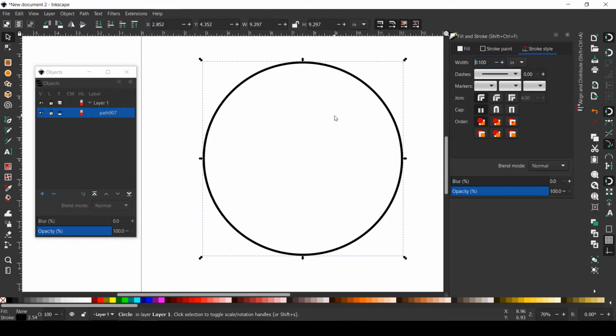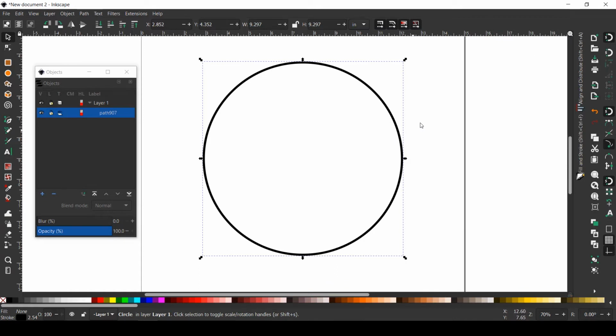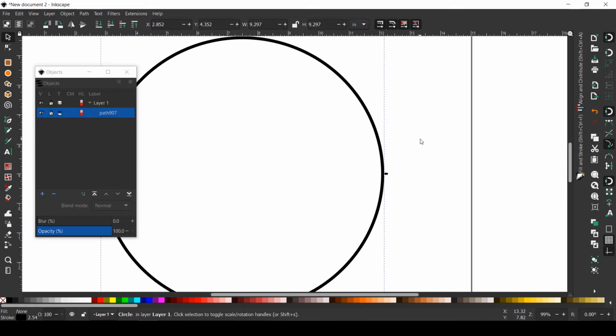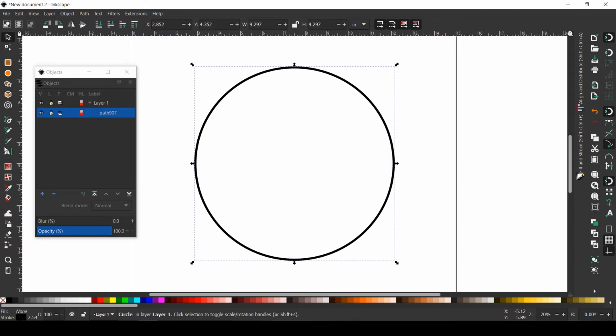I think that's fine for now. Now we want to put text on our circular shape. Let's just hide this for a moment. So now we want to put the text on our circular shape, and the way to do it is to first